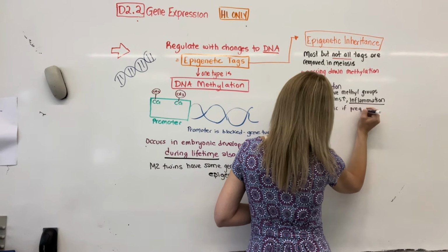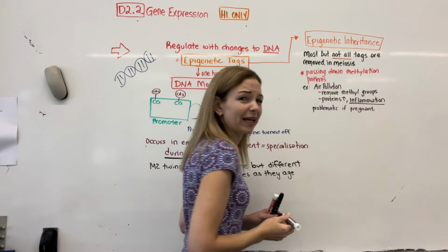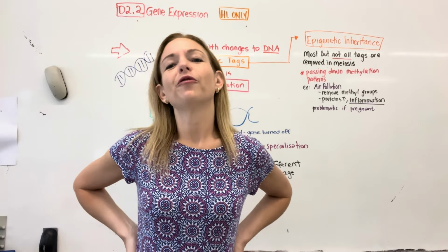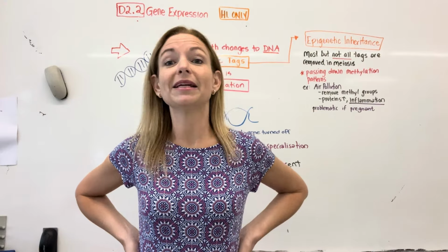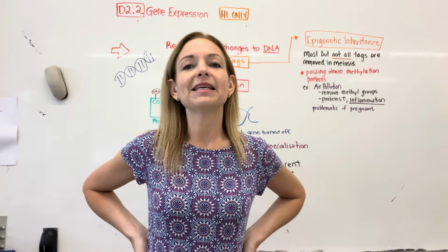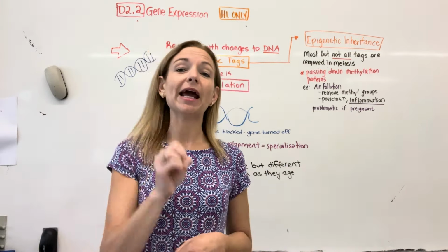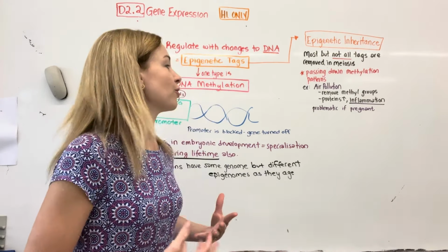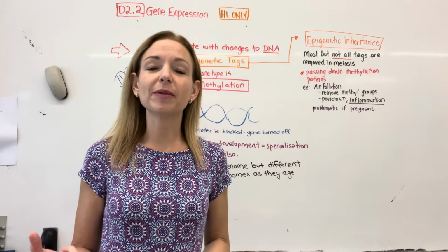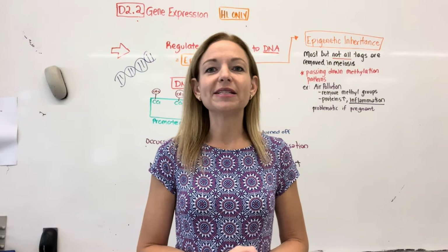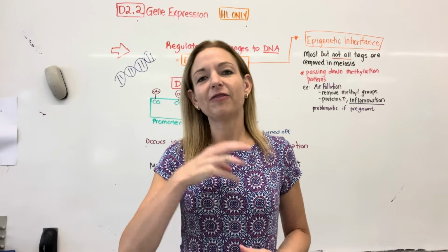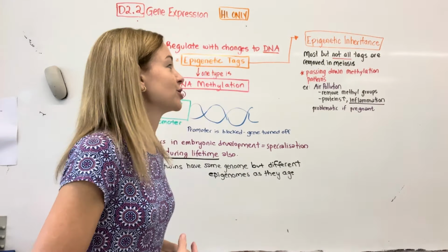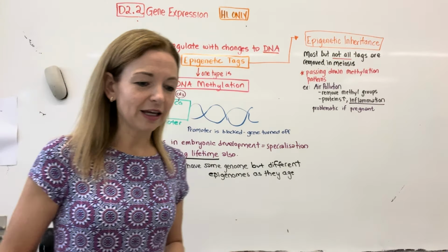And sorry if some of this stuff is a little bit confusing. It's actually a really complicated area that we are doing a relatively simple dive into. So for your sakes, you just need to know that one example of epigenetic inheritance is the idea that pregnant women who are exposed to air pollution tend to have babies born with decreased methylation, and as a result of their decreased methylation, they have higher inflammation, so that can lead to kind of autoimmune diseases and so forth. And then if they pass on their less methylation to their offspring, it can happen over multiple generations. So that's one thing you need to know about.